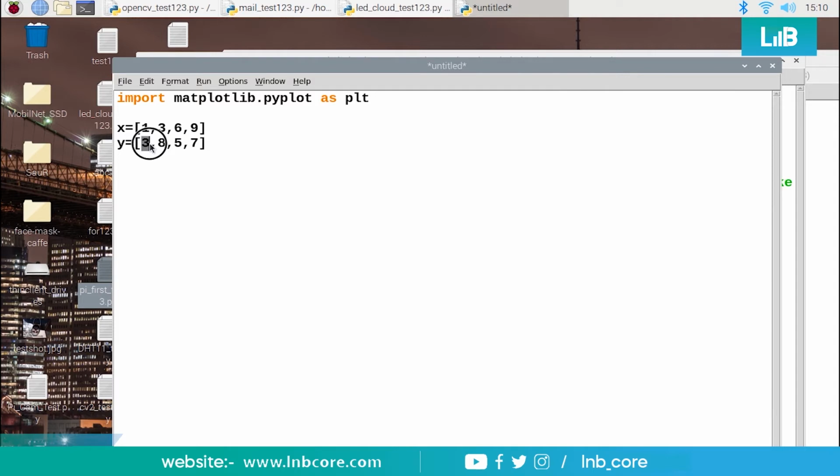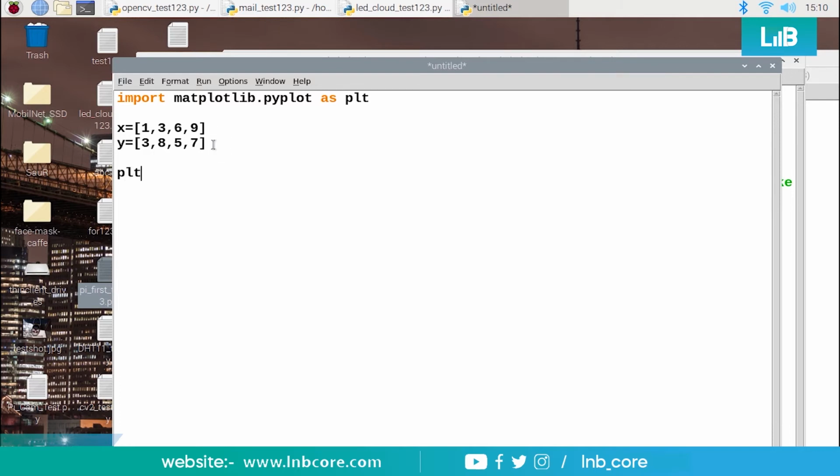This is your y and this is your x. So this is your x0 y0, x1 y1, x2 y2. Likewise you will get the coordinates. If I ask you the coordinates on the graph from this data, it would be 1 comma 3, 3 comma 8, 6 comma 5, 9 comma 7.